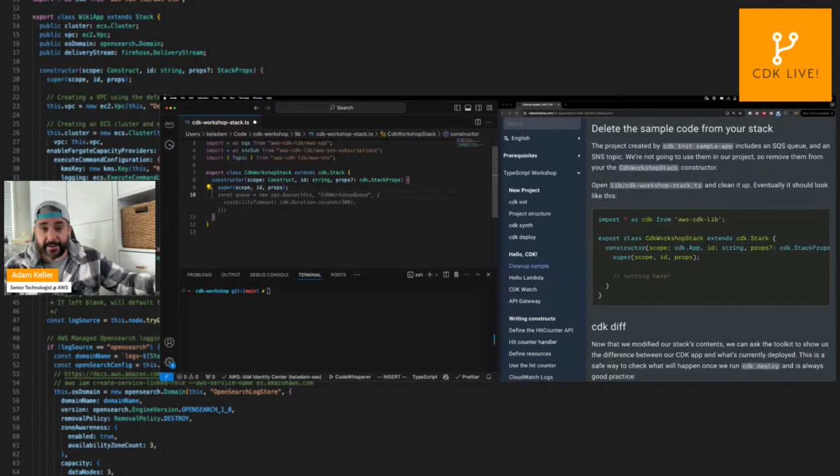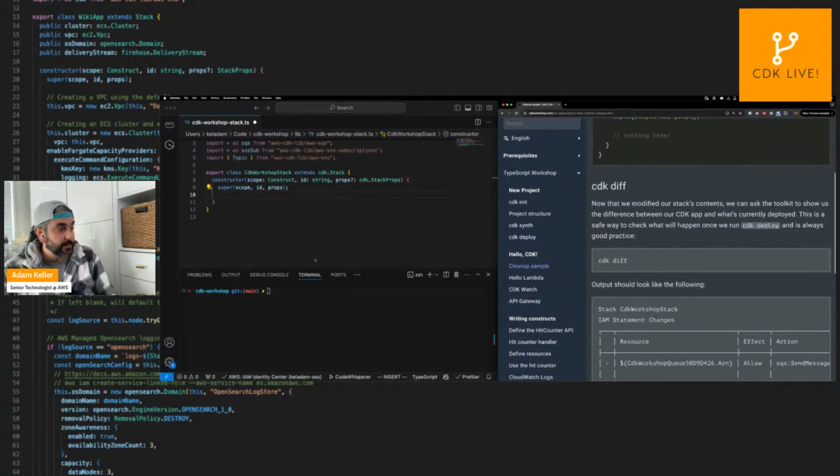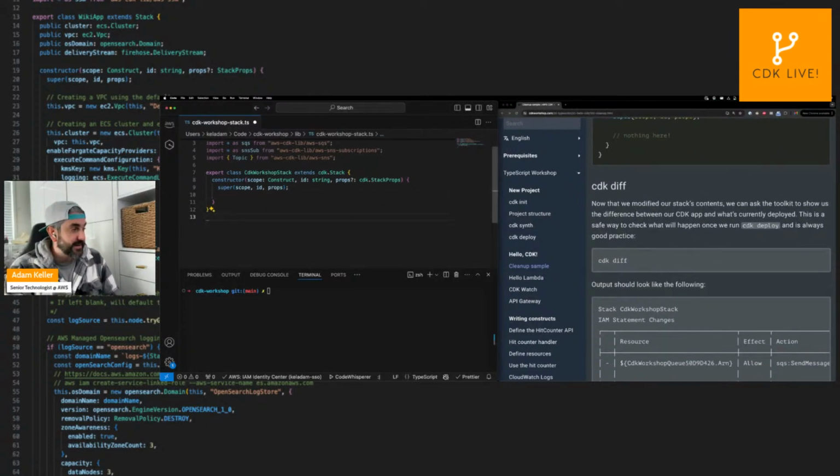So I'm deleting code here, and what's going to happen? Yes, I'm assuming you answered behind your computer screen there. What's going to happen is that it will recognize that the desired state of that previous infrastructure as code has changed, and then it will delete those resources and create the new resources that we define here. So we deleted that code, we're going to save it,